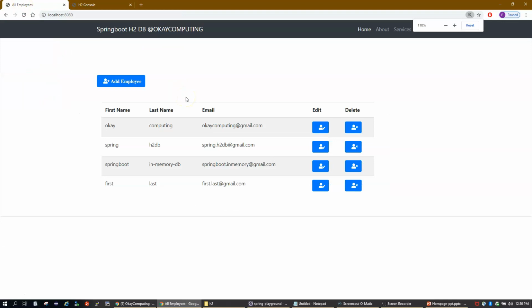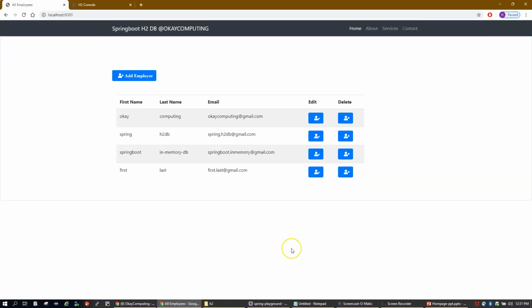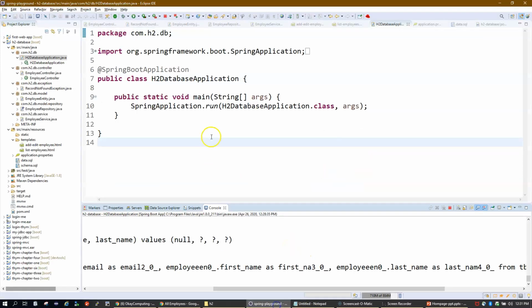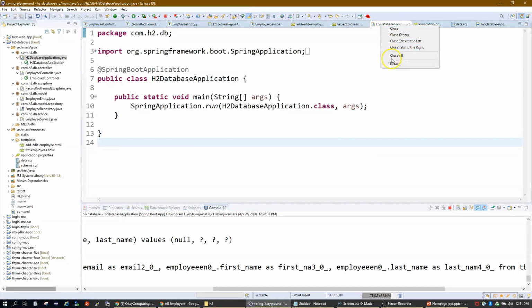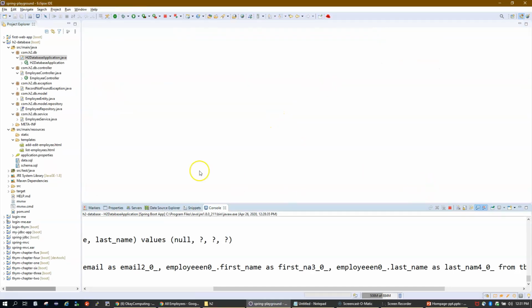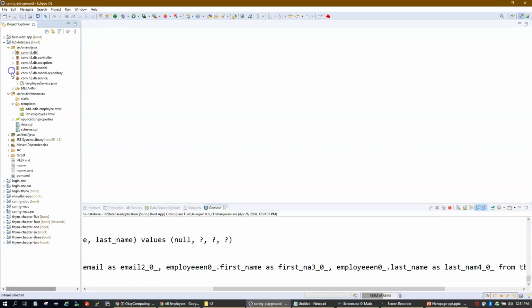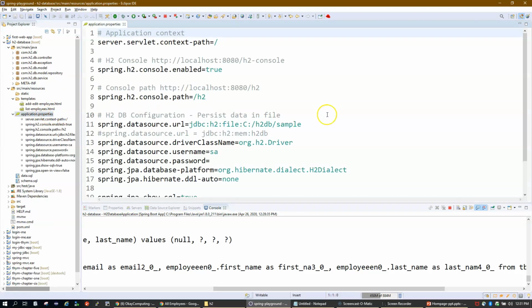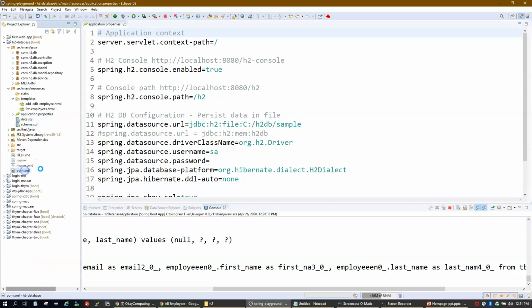So let me just go and discuss the code, and I'll help you guys to set up your project, how to do it. So I'll just close everything. We'll start one by one with this application code. First of all, we'll talk about the application.properties file because this is very important for you guys. Okay, but before that, we'll talk about the POM file where we need to add all your dependencies.